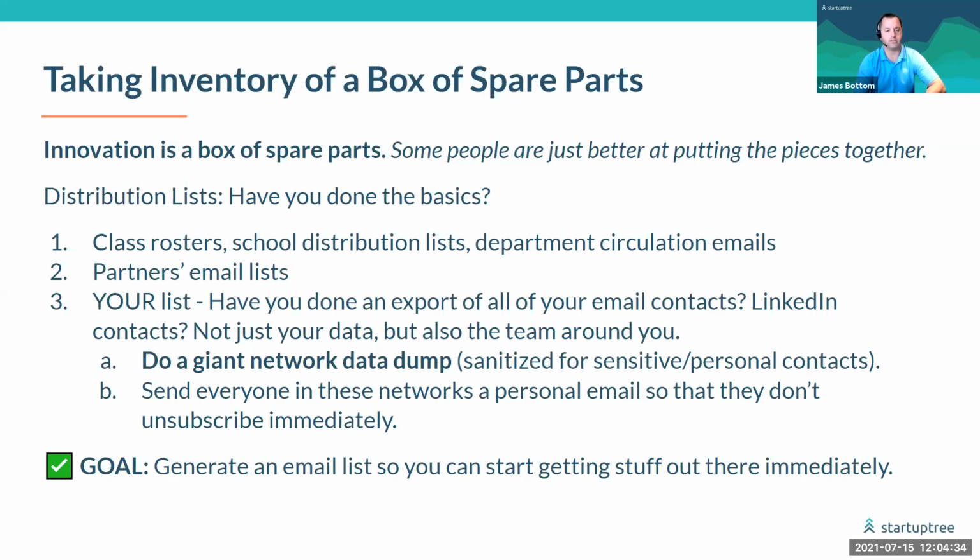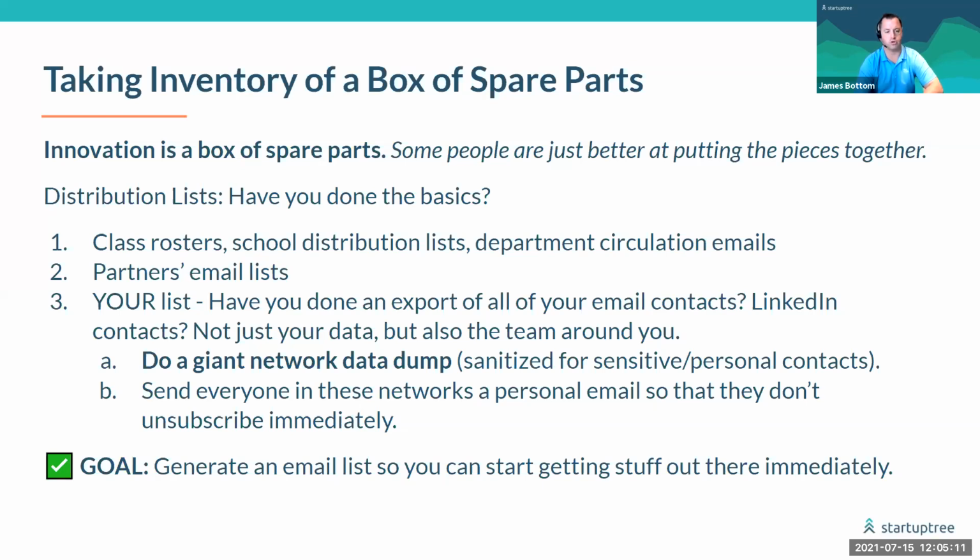One of the things that you can do to growth hack your first few thousand contacts is take some of these easy lists that you can build yourself, and make sure that these are actually getting put into your CRM instances. But it's not just for you. You need to do a network dump for everyone on your team, and sanitize any extremely personal contacts so they're not in there. But for the most part, if you've been working as a director in a center for a fairly long time, the normal interactions that you're doing through just the normal course of work can be captured by a lot of these systems.